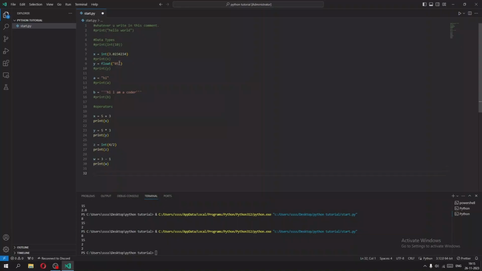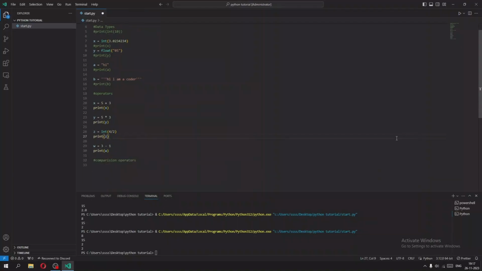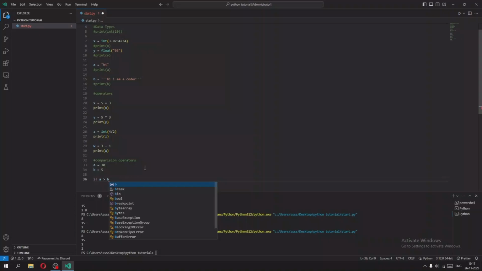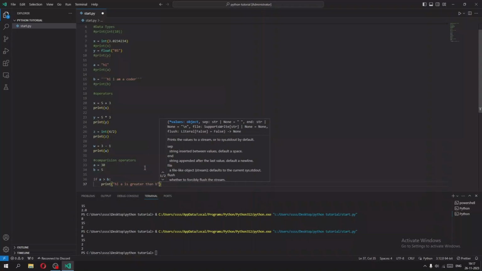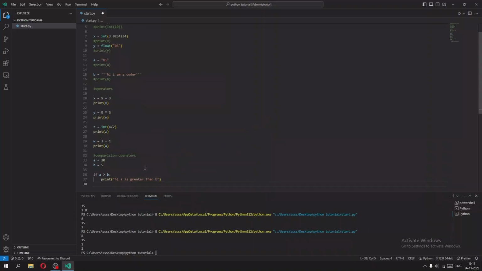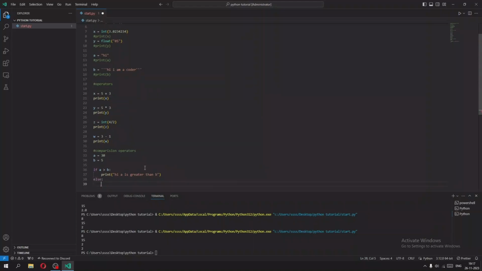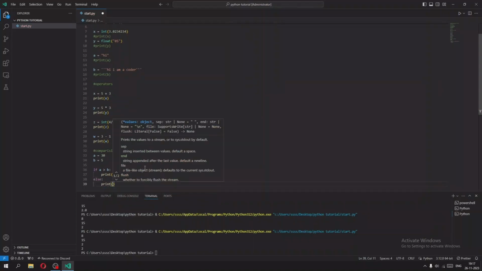Then the others are the comparison operators. So now let's talk about comparison operators. For example, if I type a equals 30 and b equals 5, then I type if a is greater than b, put a colon here and then type print "A is greater than B". And if this fails as a condition, then I type else, then again the colon, and then print